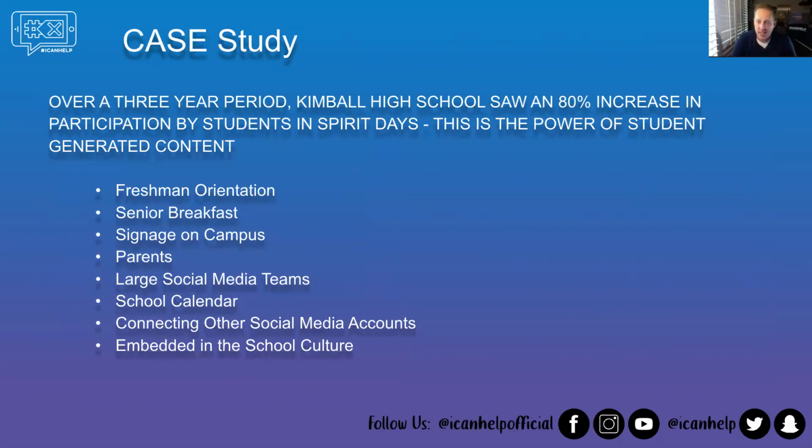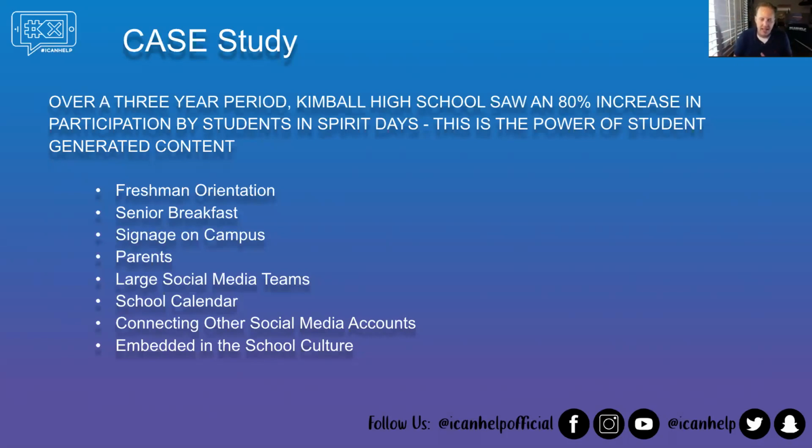And our counts, we saw that 80% increase from around 2011 to 2012, after a couple years of doing this, of just students dressing up more, participating more. We saw an increase in our dance attendance, our special events. It was pretty incredible, when you have 90% of your students going to prom, comparatively to the other high schools, which were nowhere near as high. We were getting pretty excited to have almost our entire junior and senior class in one place on one night. So really hitting up those events, freshman orientation, senior breakfast, signage on campus, parents, having large social media teams,